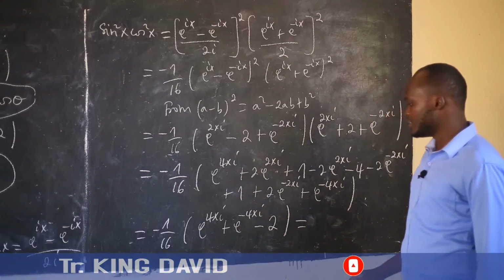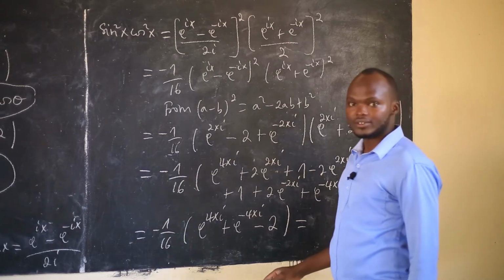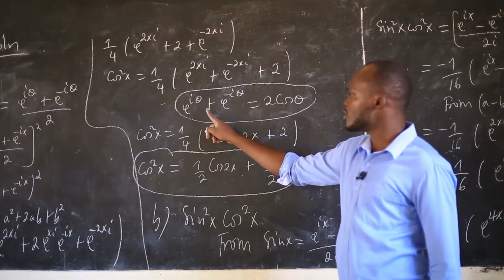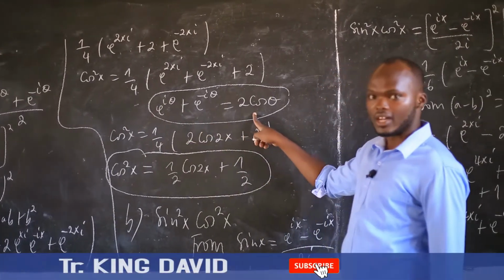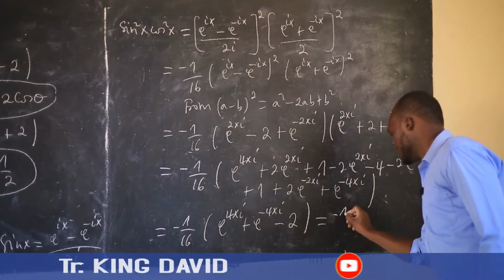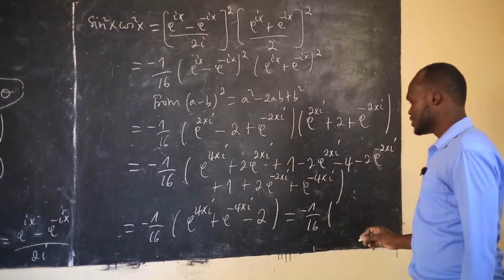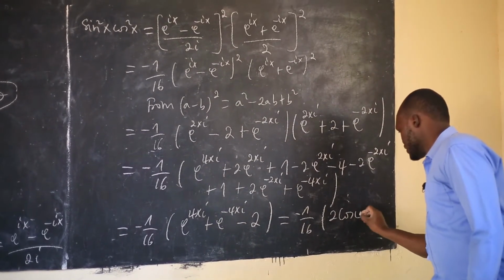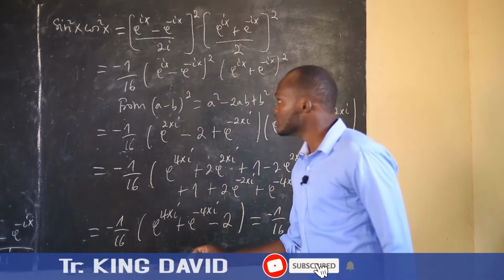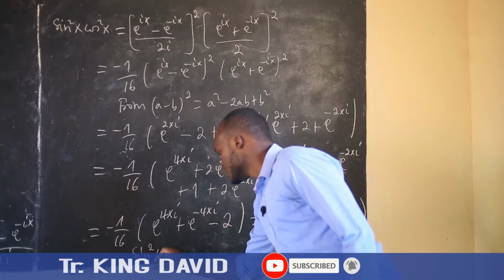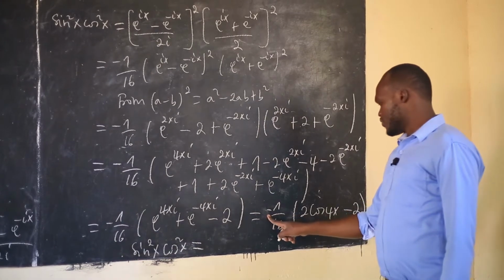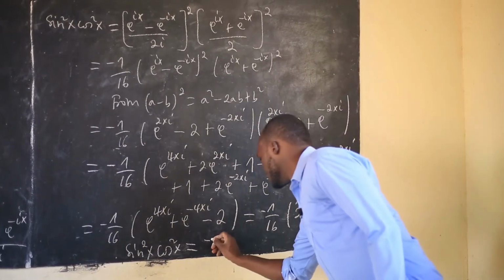So finally, remember, I showed you the formula e power i angle plus e power negative i angle. It is 2 cos angle. So that's what I'm going to use here. So it will be negative 1 over 16 into bracket 2 cos 4x minus 2. Then the final answer for sine squared x cos squared x is negative 1 over 16 times 2, negative 1 over 8